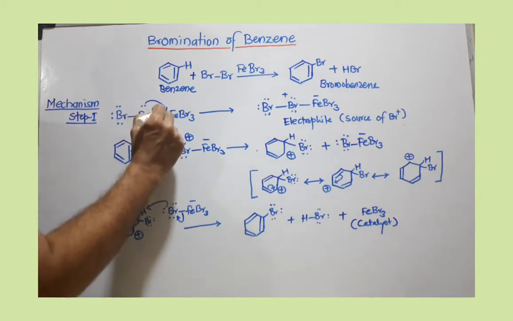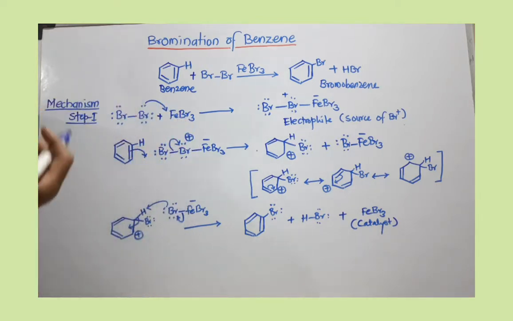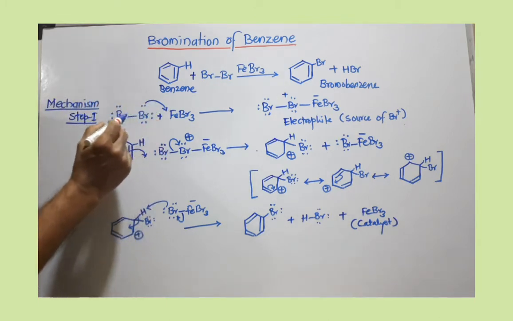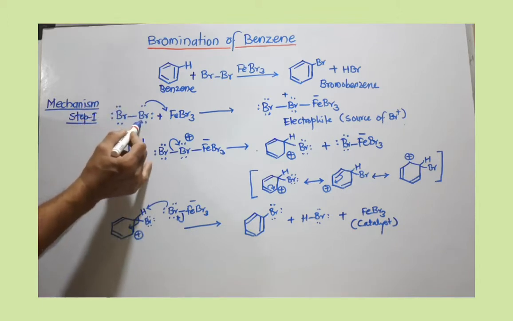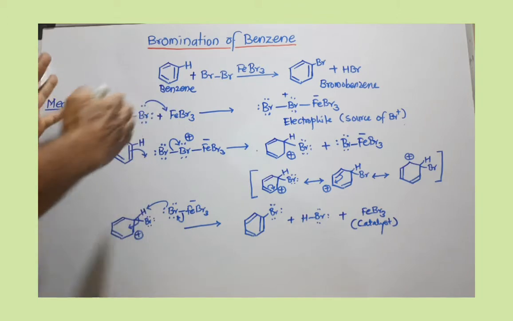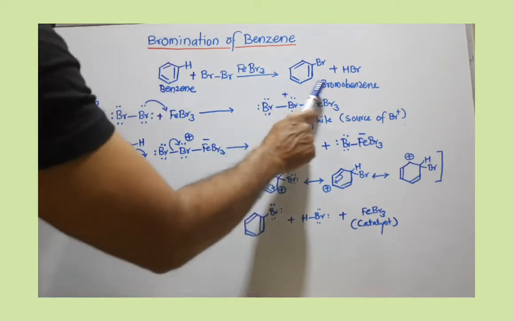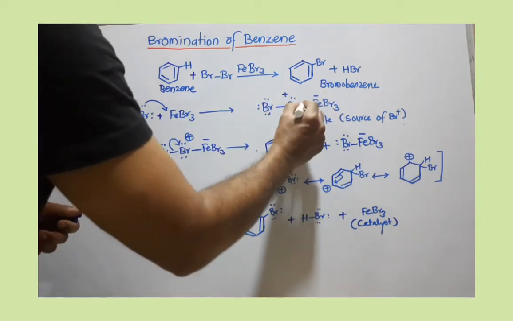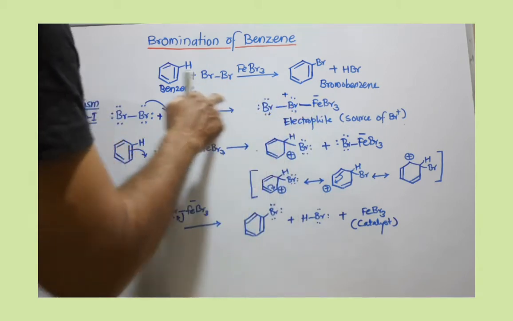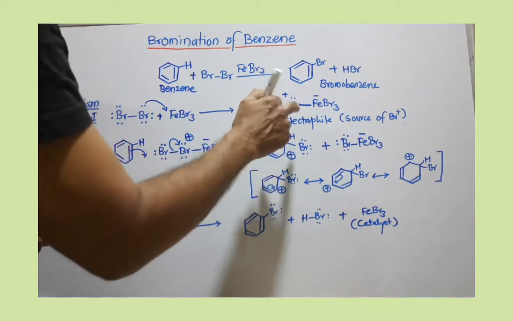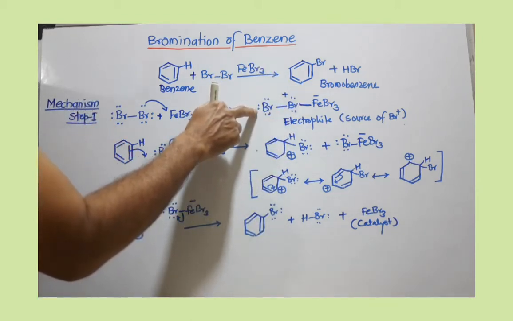If you see here, this is a Lewis acid, which can take electrons. The pair of electrons is donated by this bromine, because you can see 3 lone pairs available on each Br. So if one lone pair is donated to this Lewis acid, just like an acid-base reaction, we get this kind of structure. This bond is formed between Fe and Br by using this lone pair. Now on this Br there are just 2 lone pairs. The terminal Br is as it is.